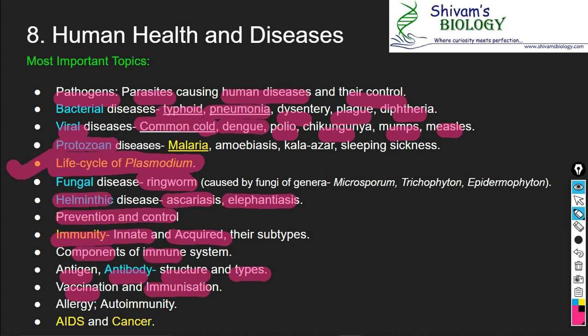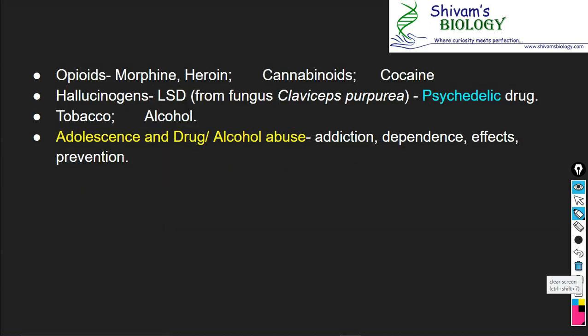Vaccination and immunization, allergy and autoimmunity, and several examples of autoimmune disorders are important. After that, AIDS and cancer should be studied in detail. The cause of AIDS, how this pathogen, the virus HIV, replicates itself inside the host cell. These are important topics. Here in this chapter,